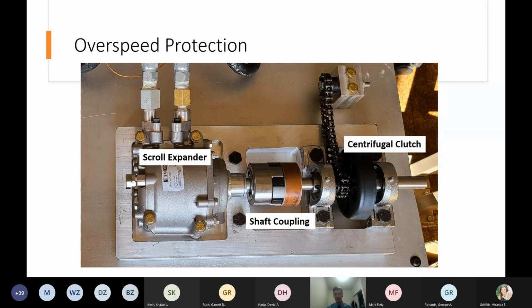The expander, which can be seen on the left of the picture, is coupled to a centrifugal clutch on the right. The idea behind this design was to limit the maximum RPM of the scroll by dissipating excess energy through friction in the clutch. This was accomplished by fixing the output of the clutch to an immovable sprocket shown in the upper right-hand corner. To test the efficacy of this design, we conducted a test by driving the scroll with